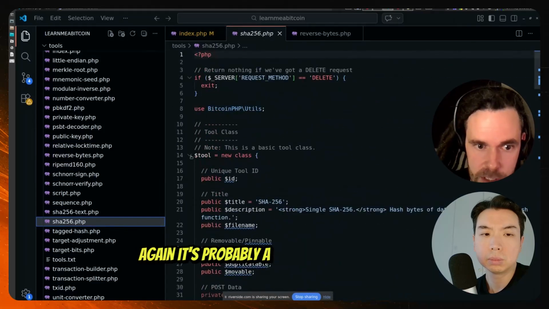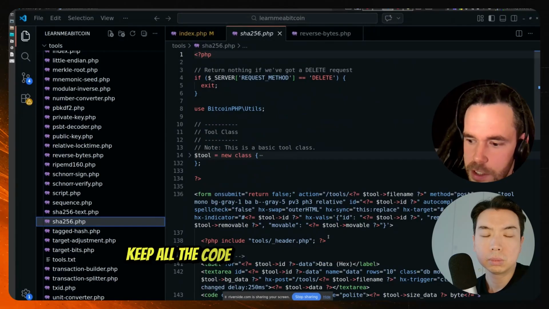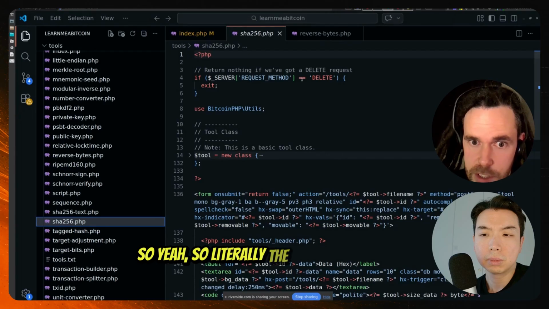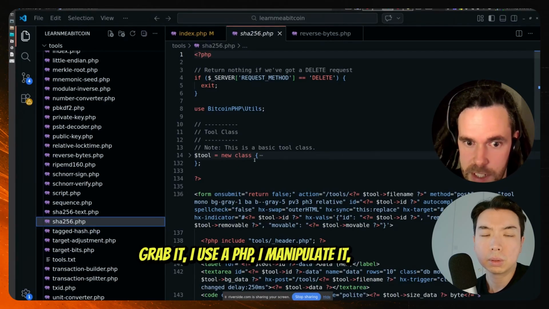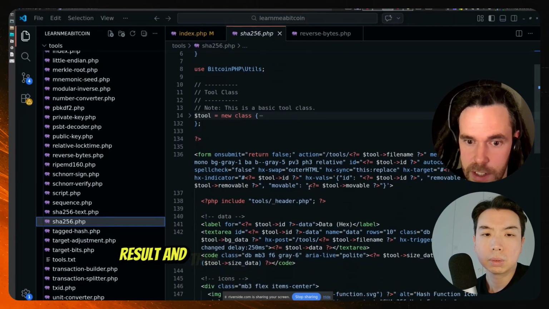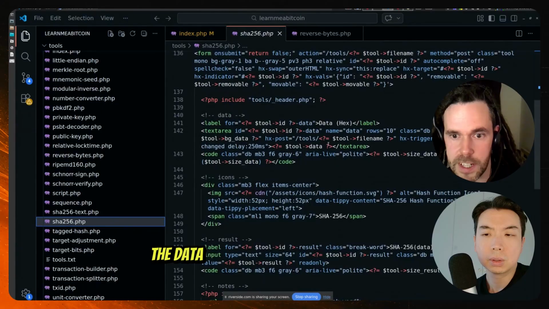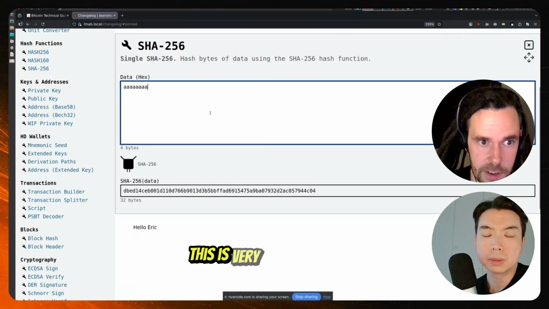Again, it's probably a horrific way to do it, but for me it just makes sense, because I can keep all the code in one place, and I can change it really easily. So literally the request comes in, I grab it using PHP, manipulate it, build the result, then construct the form and put the data and results into the form. And that's how they all work. This is a very simple example,